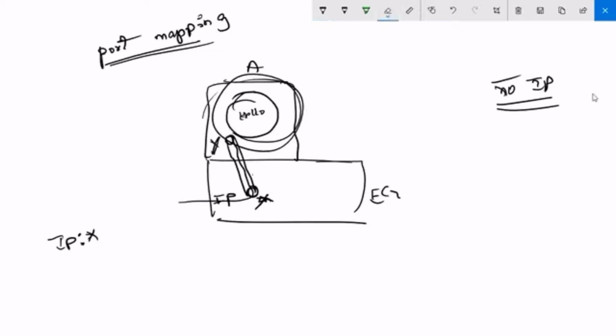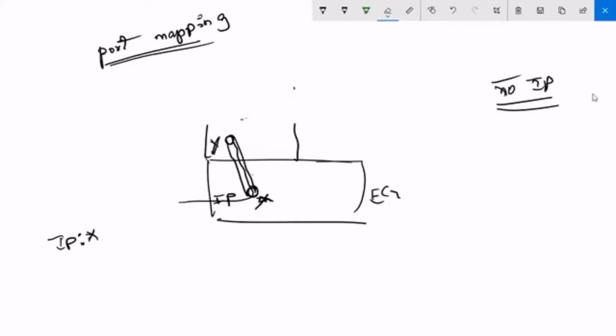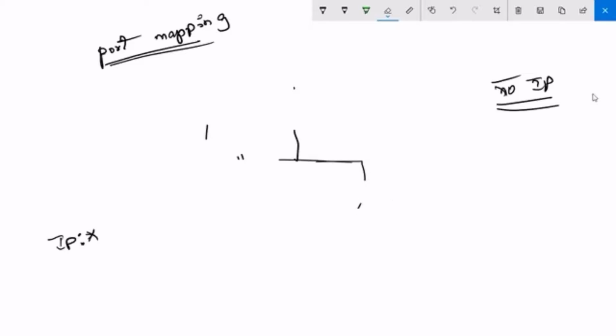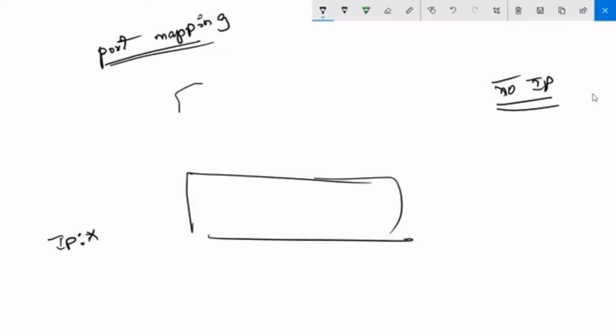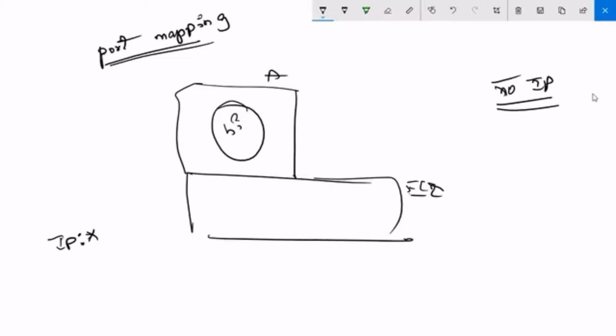I'll repeat this one. This is my base machine. I have a container over here, and I have installed a web package. Since we won't get any IP address for the container, we cannot directly paste the container's IP in a web page.